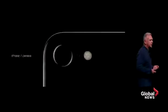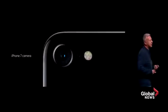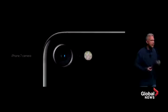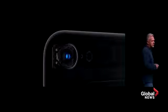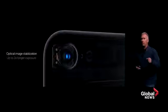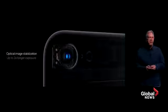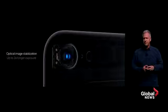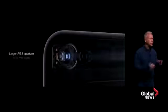And just wait till they get their hands on the new camera system in the iPhone 7. It is a huge advancement in photography for cell phones. Everything about it is entirely new. There's an optical image stabilizer in all iPhones, 7 and 7 Plus. Helps steady from shaking hands. There's a wider